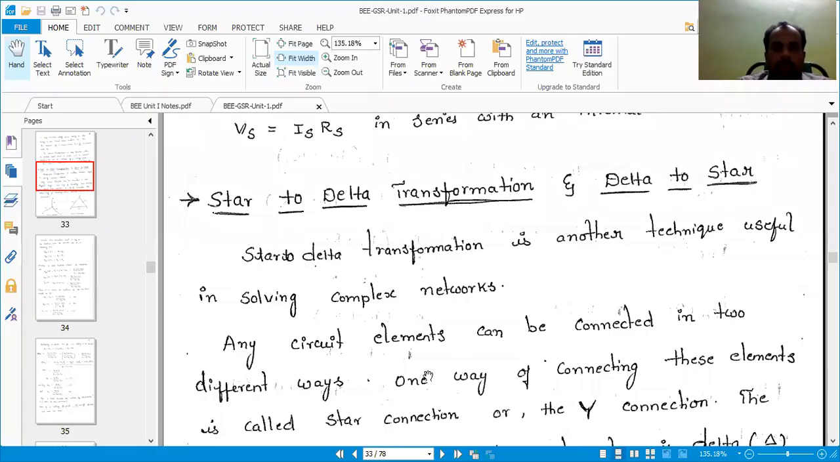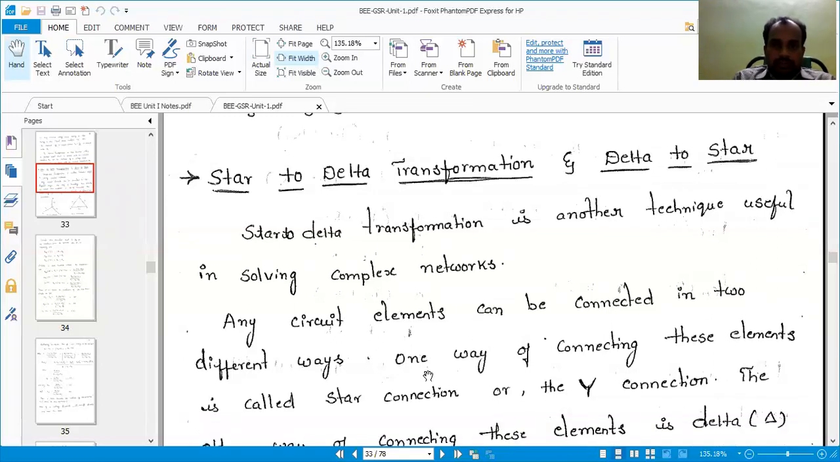Good morning. The next topic is star to delta transformation and delta to star transformation. These are one more technique useful in solving complex networks. Series and parallel circuits are one of the techniques for solving complex networks, and the star to delta and delta to star transformation is another technique used for solving